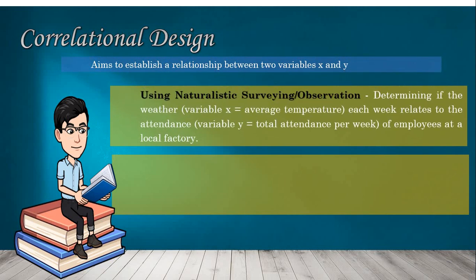Using naturalistic surveying or observation, okay, so we have determining if the weather each week relates to the attendance of employees at the local factory. Variable X is equivalent to average temperature, while variable Y is equivalent to the total attendance per week. Dito malalaman natin kung may relationship ba yung dalawang variables. Kung may relationship ba yung weather sa pagpasok ng mga employees kada week. Titingnan natin kung meron ba silang significant relationship or wala. Next,